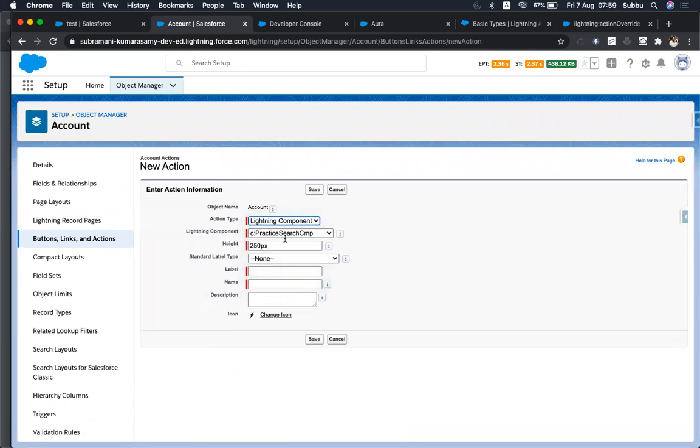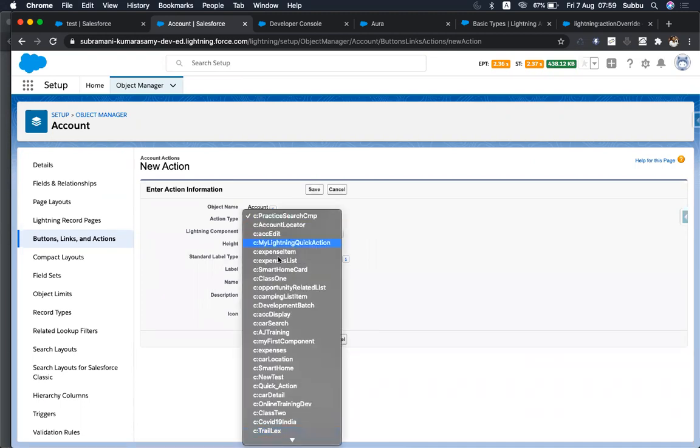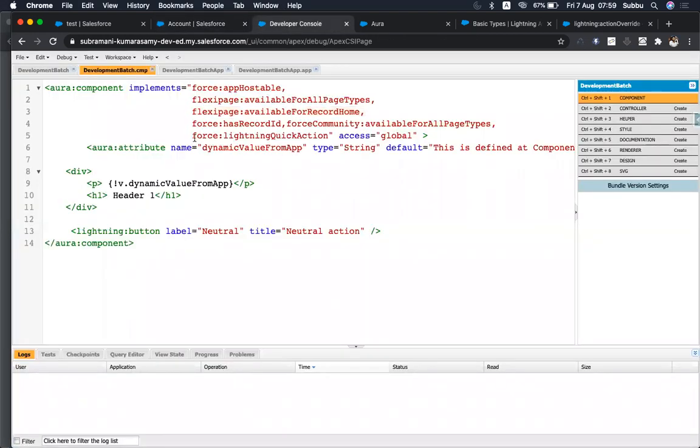Lightning component. See, we are able to see our Lightning component here, development batch. Right? So what is the reason? Lightning quick action we have enabled. So that's why I'm able to see it here, inside the quick action also.